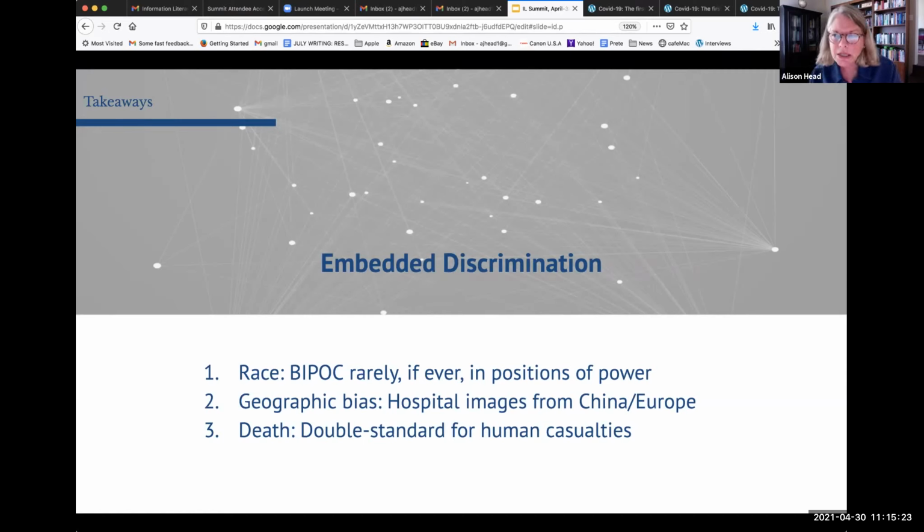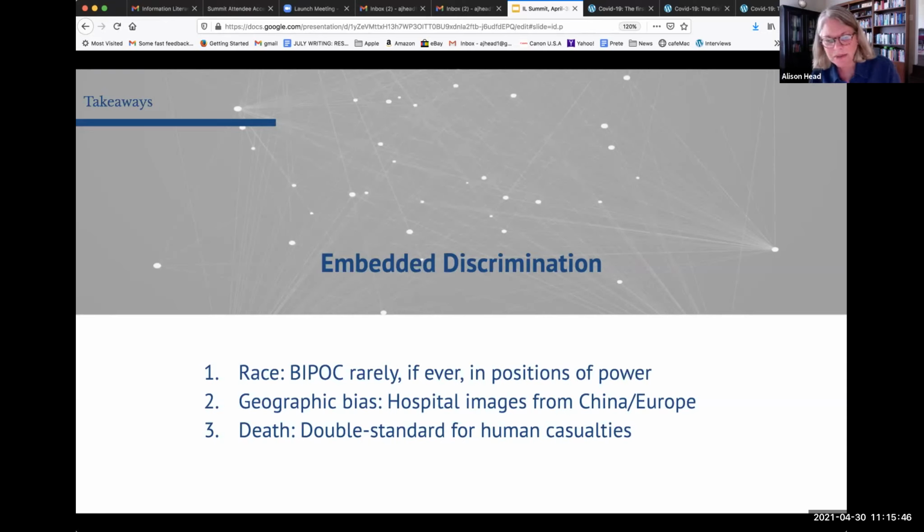And the first is the embedded discrimination, as well as race. As I said earlier, BIPOC is not represented in positions of power. And in fact, what we discovered using TinEye, and we have a learning prompt around using TinEye for students to discover that resource themselves, we found that stock